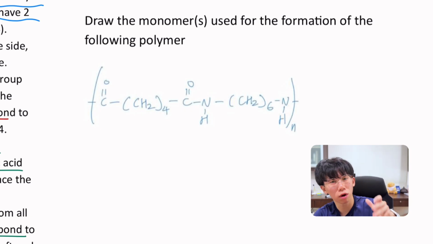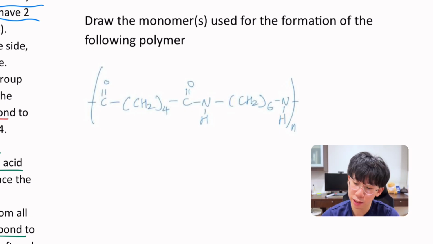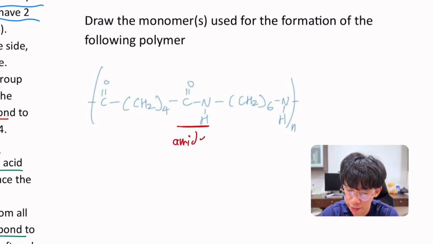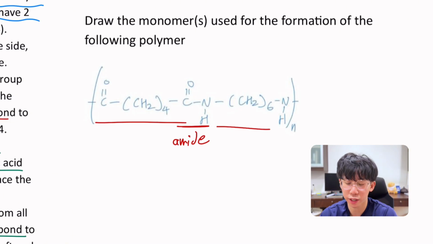Next, you need to draw out the monomer sometimes from a polymer that is given. Here you have to identify the linkage and work backwards. In this case, this is clearly an amide linkage. So this is an example of a polyamide. And if you look at this kind of polymer, it definitely has two different monomers over here. One with both the carboxylic acid functional groups and the other with both the amine groups. So what you're going to do is you're going to split up the linkage here